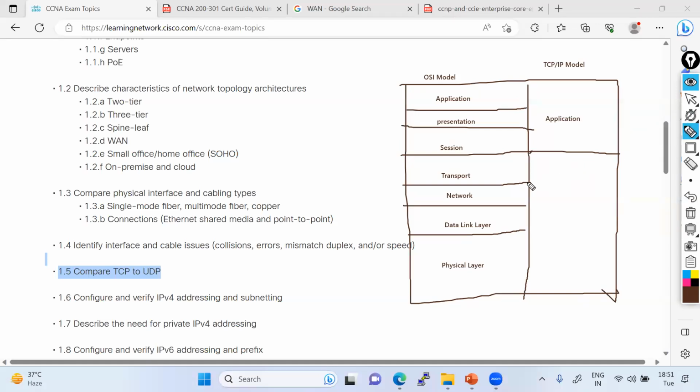Then we have the transport layer, the network layer, the data link layer,